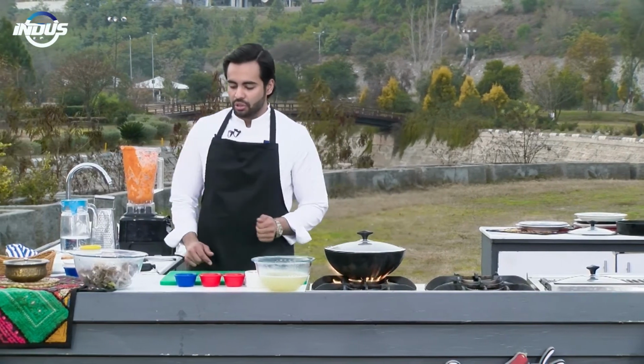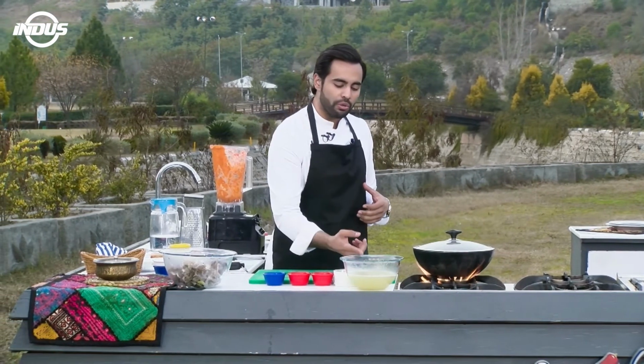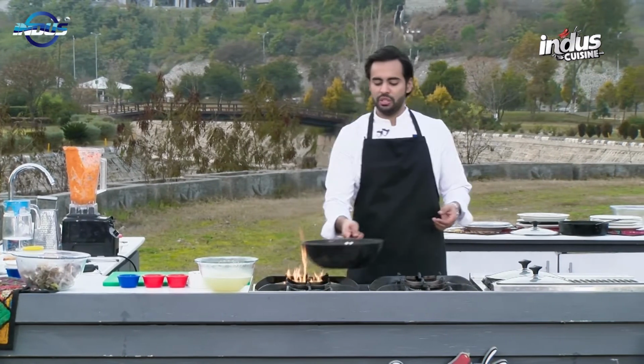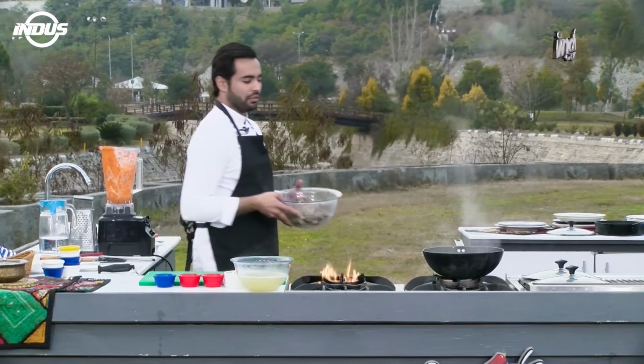Now the reason behind cooking it for 2 minutes on high heat is that you want the tomato to cook. You don't want the tomato to be added with the water and start boiling. The consistency of the recipe changes, remember that. But with this, what you can do is shift it on the side and use all this flavor in the mutton. The mutton goes in,